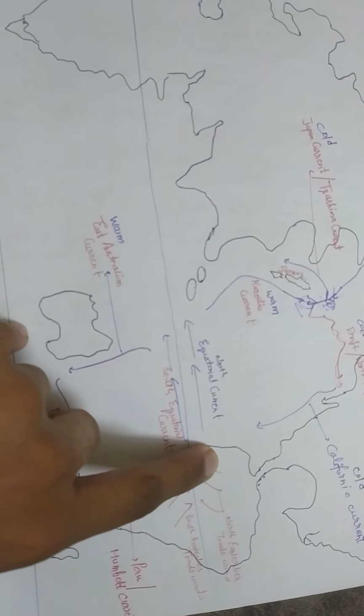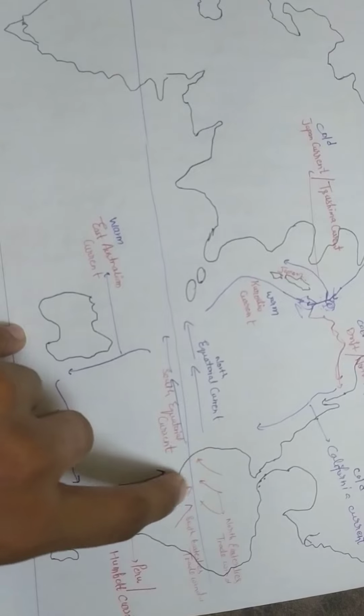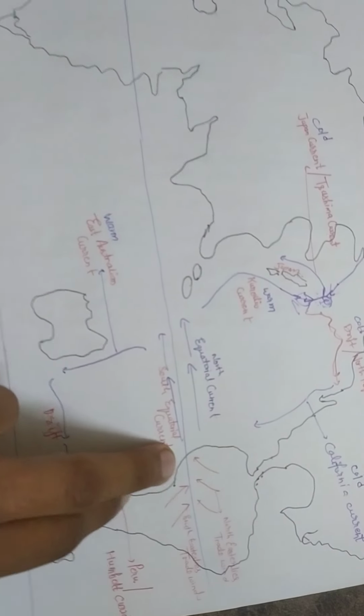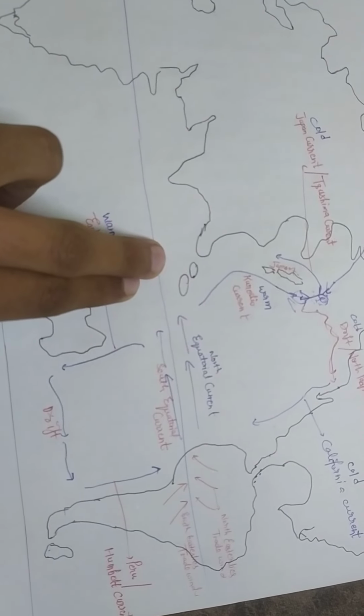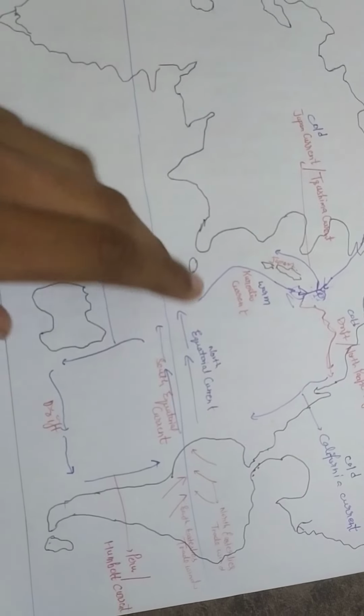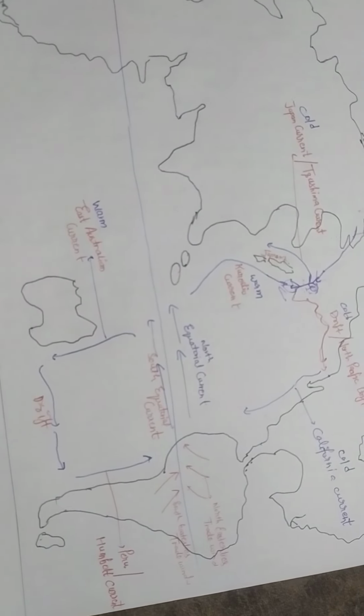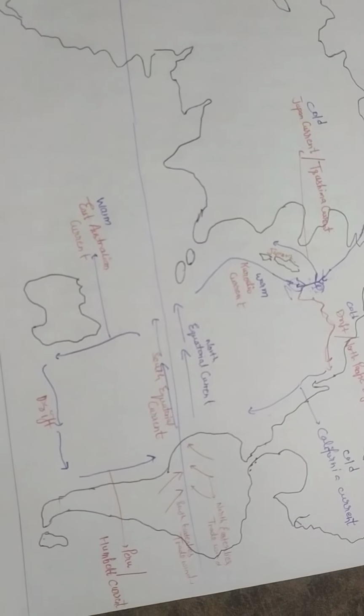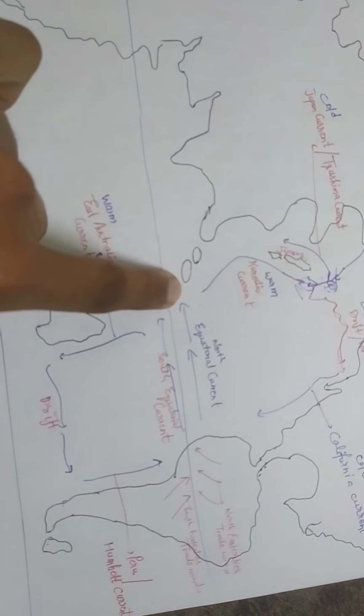and here Ecuador is situated, a country called Ecuador, and here Peru is situated, and here Chile is situated. This region is a deserted area. From Ecuador and Peru, south equatorial current moves from eastern Pacific Ocean to the western Pacific Ocean. And when the south equatorial current moves towards the western Pacific Ocean, it hits the coast of Philippines,